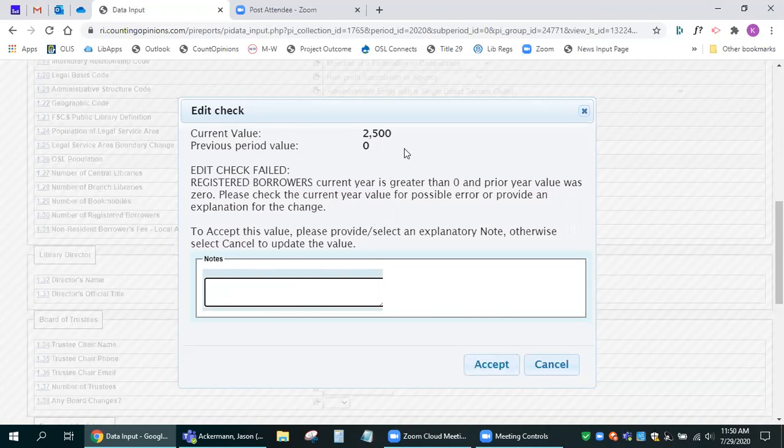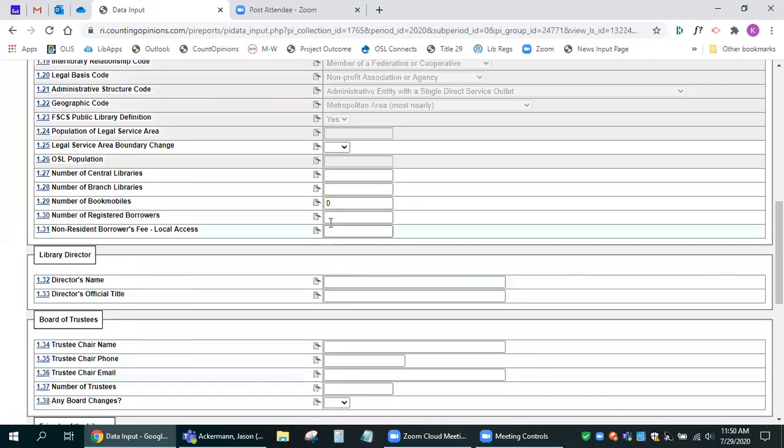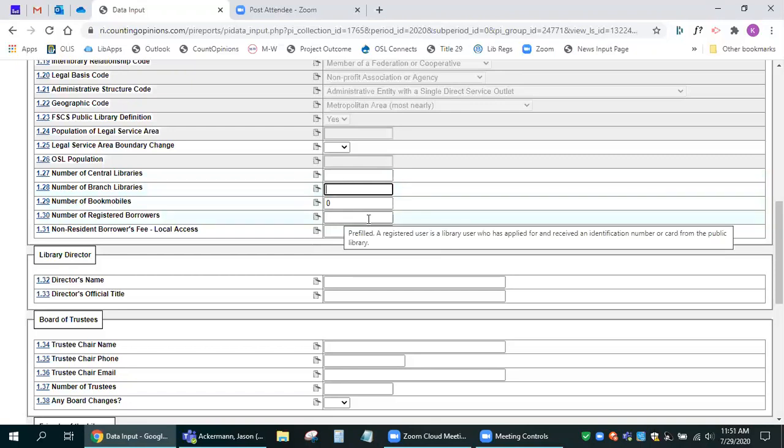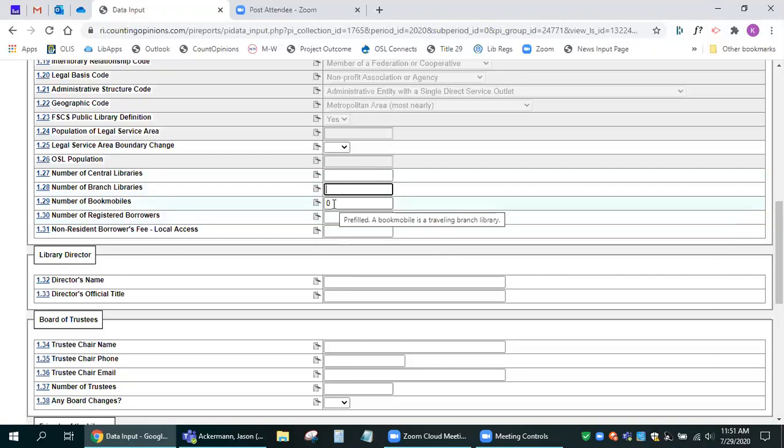If you have this edit check pop up and you're like, oh no, I didn't mean to put that in, if you just hit cancel, you'll see that that value completely disappeared. So again, if you do have a positive number to input, you put that in. If it's something that you do not collect or you do not have any of, you put in a 0.